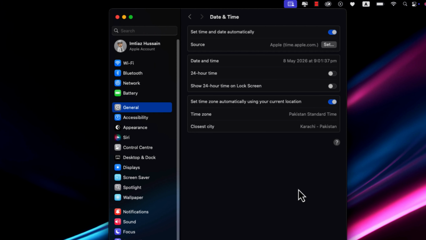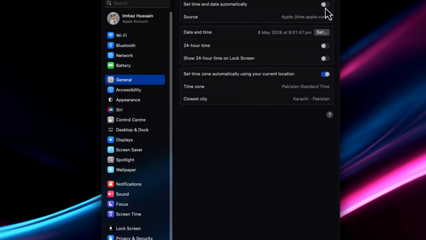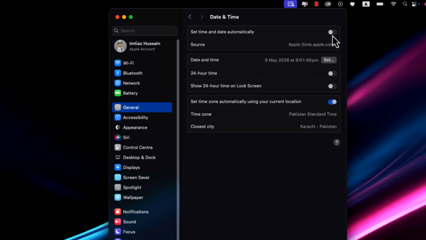Here, one of the easiest ways to refresh the clock settings is to disable the option called Set Date and Time automatically. Your MacBook may ask for your password or Touch ID before allowing any changes. Wait for around 5 seconds and then enable the option again. Also, confirm that the server is set to time.apple.com so your MacBook can sync the correct time from Apple's official